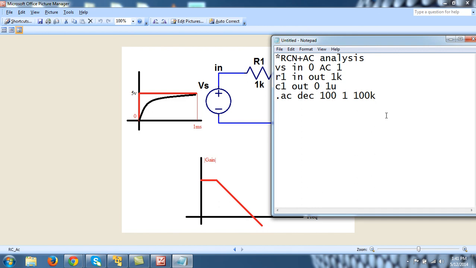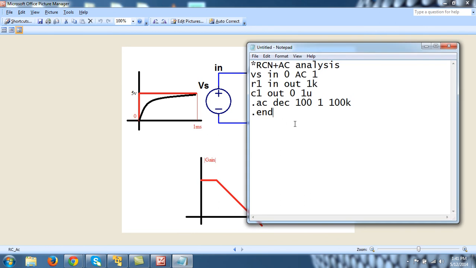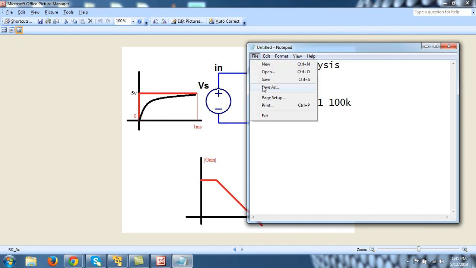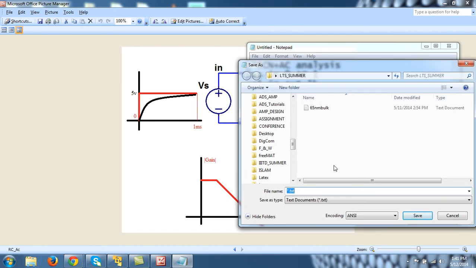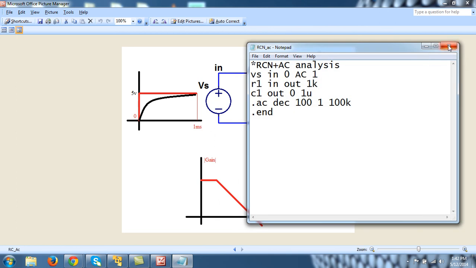So I hope that you understand. I don't explain these syntaxes in much more detail because I need to keep the video short. So I recommend you go through some book to get a fuller explanation. And let's do File, Save As, and this was LTspice summer. Let's name it RCN underscore AC, with .sv. Do not forget .sv. I have emphasized it many times. Save, and let us open